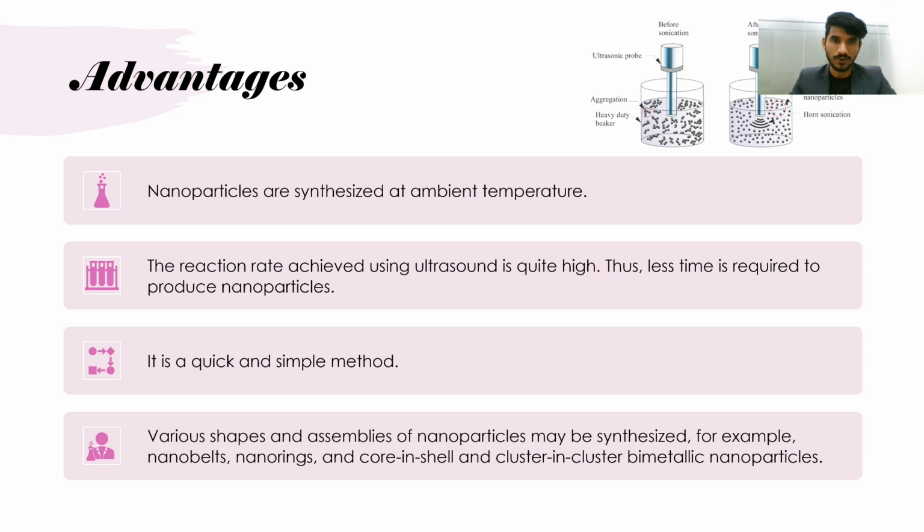So various shapes and assemblies of nanoparticles may be synthesized. So we have various shapes, for example nano rings, nanobelts, and the core shell structure and cluster structure of the bimetallic nanoparticle. All of these structures can be formed by this ultrasonication method. Okay, so